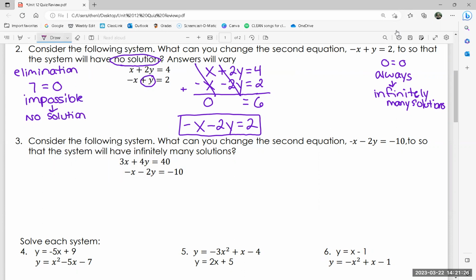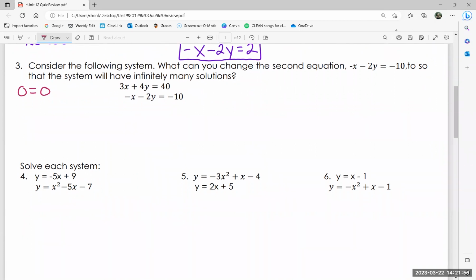That's the opposite for number 3. Number 3, consider the following system. What can you change the second equation, negative x minus 2y equals negative 10, to, so that the system will have infinitely many solutions? So I'm looking to multiply this by something so that I get 0 equals 0. Now at the moment, if I add these together, 3x plus a negative x, that would be a 2x. Now, if I want to eliminate this, I need, let's see,